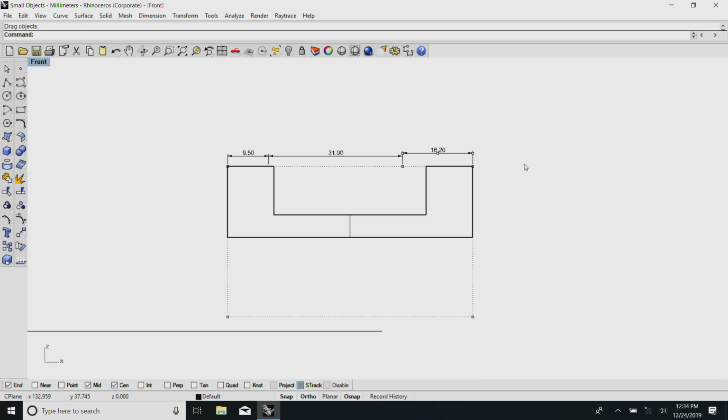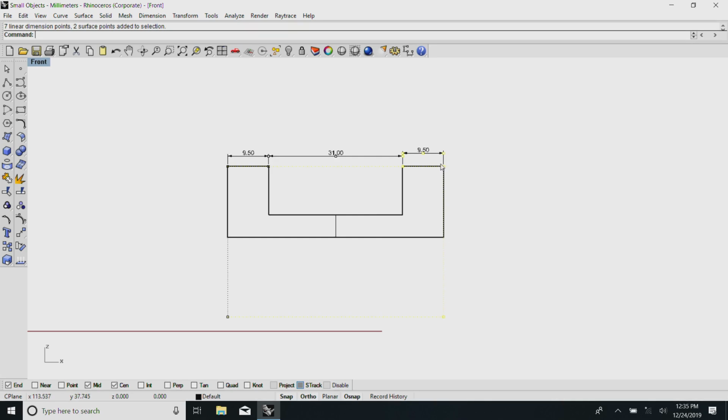See what has happened: total length has changed and proportionately the width of this has been changed. I can avoid this by, one more time, appropriately selecting these control points which are there. If I want only the total length to change, I need to select the various other things like this.